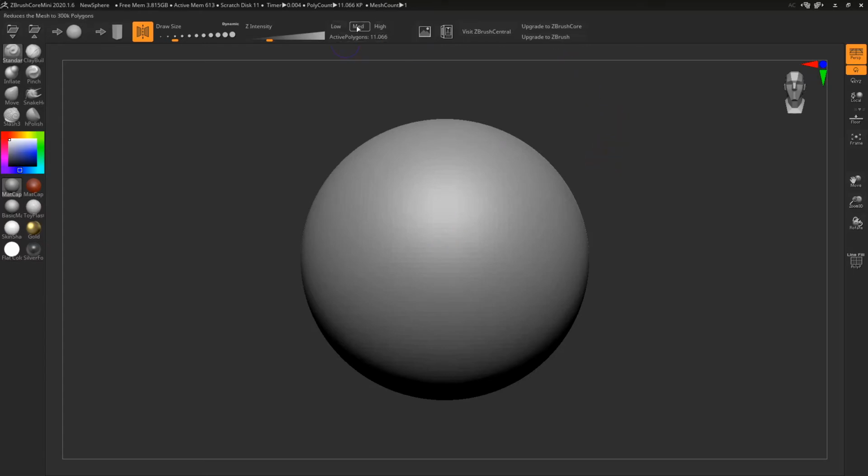This is for controlling your poly count. It's kind of a way of resetting or reducing the geometry if it's got too complex, and Core Mini has a kind of limit that it won't let you go above as well. So let's get into